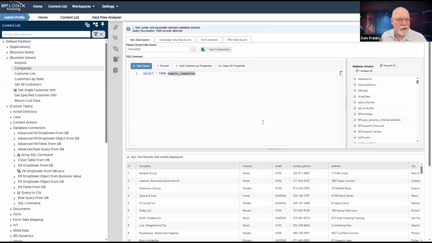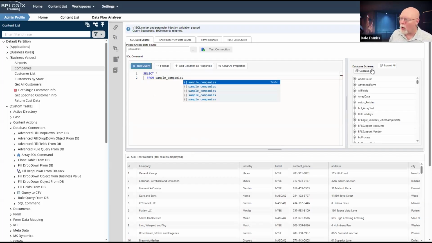Process Director does not vet your SQL statements. Well, I guess in .500, that's not entirely true because we've put the Monaco editor in here, and the Monaco editor will do formatting and other things, and it will look over your text. And if there are obvious SQL errors, it will tell you in the UI, and will show you syntax errors. For example, if I take the S out of sample companies, what's the deal here? Table sample company does not exist in the selected database.